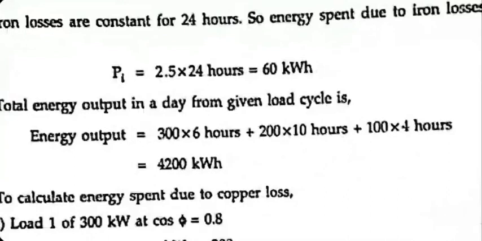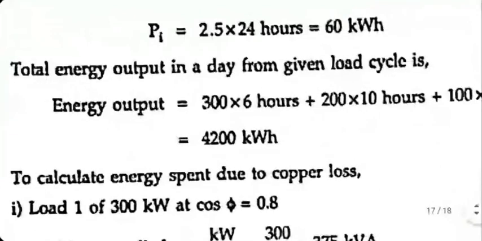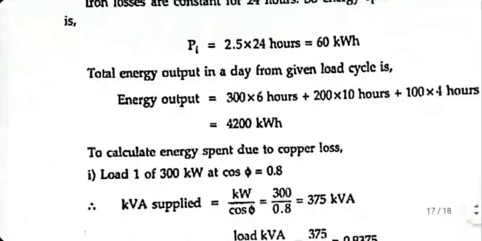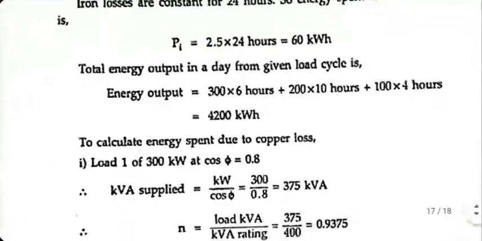Now let's talk about total copper loss in this period. He has used this technique. He has taken the kilowatt value and divided it by the power factor. I could use some other methods also. I'll show you next time. But let's stick to this method for now. kVA is kW divided by cos phi, which is true actually. Apparent power kVA supplied multiplied by cos phi gives you P. That's what they're doing here.